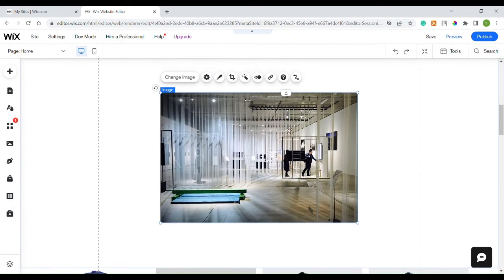So after you click the image, you can see these are the options which it gives us to edit, to change the image, and to design, make changes to its design. Also you can crop, filters, and here you can see it's animation. So you have to simply click here,